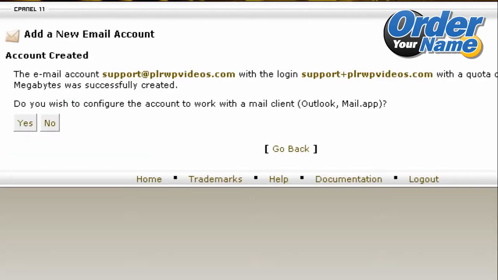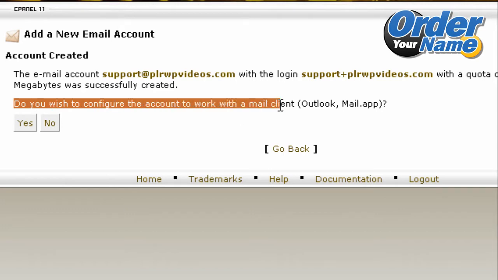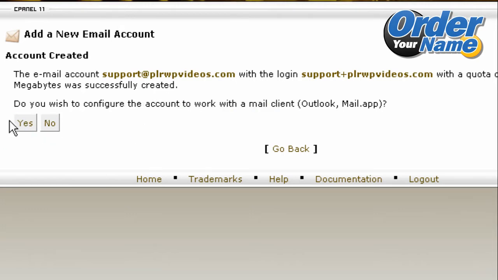By default, you can access this newly created email address within your cPanel account by clicking on Mailbox. But you can also access this email through third-party clients like Microsoft Outlook, etc. And if you want to get information on how to do that, you can just click on this link here that prompts you, do you wish to configure your account to work with a mail client? So click on Yes,